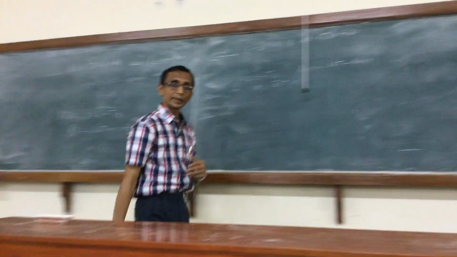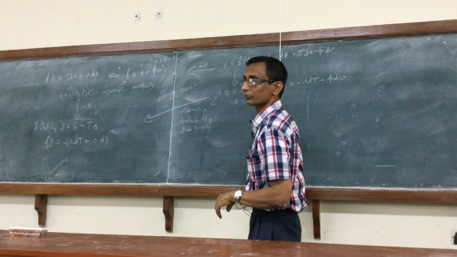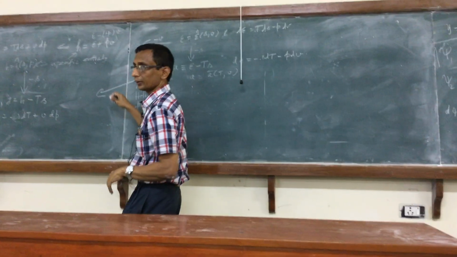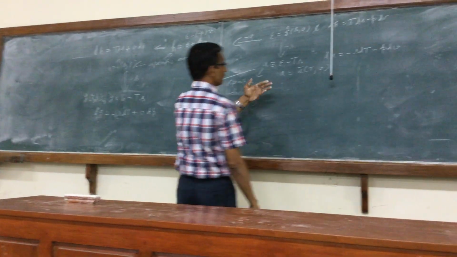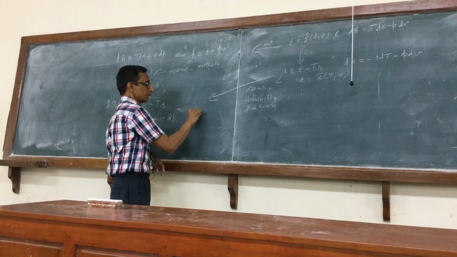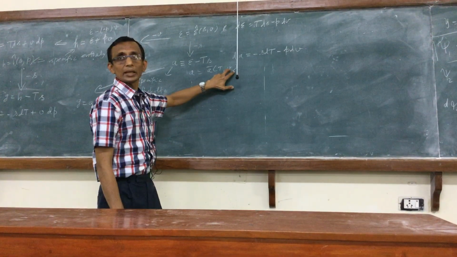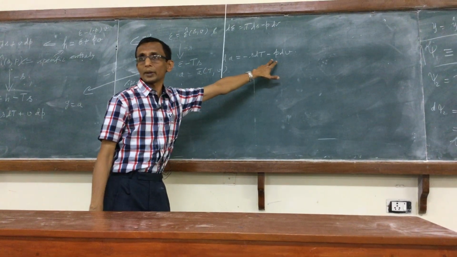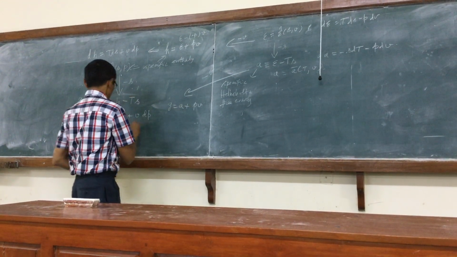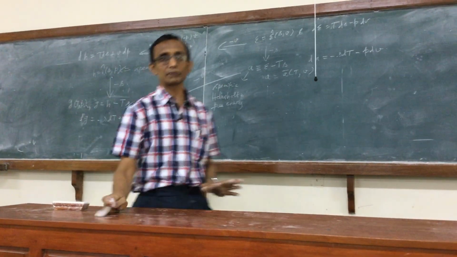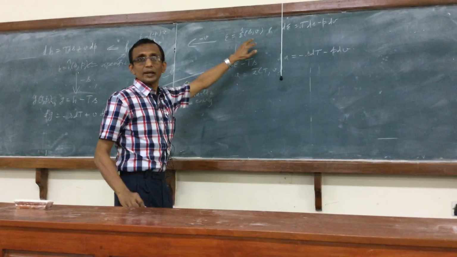On the other hand, I can also get the same G from A, which is a function of T and V, right? And I can now eliminate V. So if I eliminate V, then G is A minus the variable I am eliminating, V, times the derivative of A with respect to the variable I am eliminating, which is minus P. So again, it will be A plus PV, and you will get the same expression. That won't change. On the other hand, I can eliminate both the variables S and V at the same time,